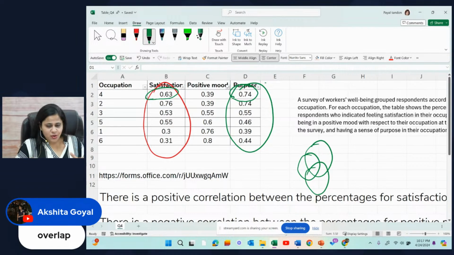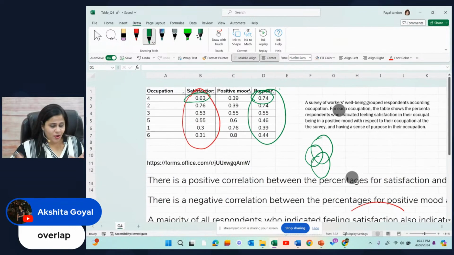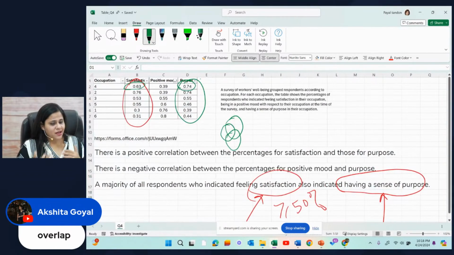So again, we have no idea about the overall people who have the overlap in each of these categories between satisfaction and purpose, which is why we cannot really answer that question, which means the answer to this is no. So again, you have to get a complete sense of the data, and only then you can answer such questions with utmost comfort level. Okay, so now